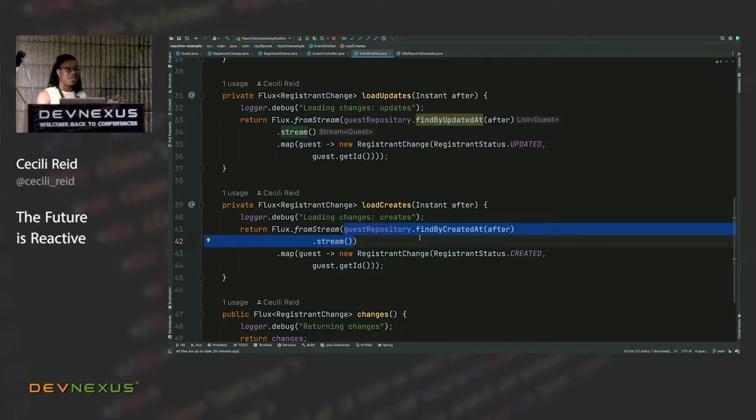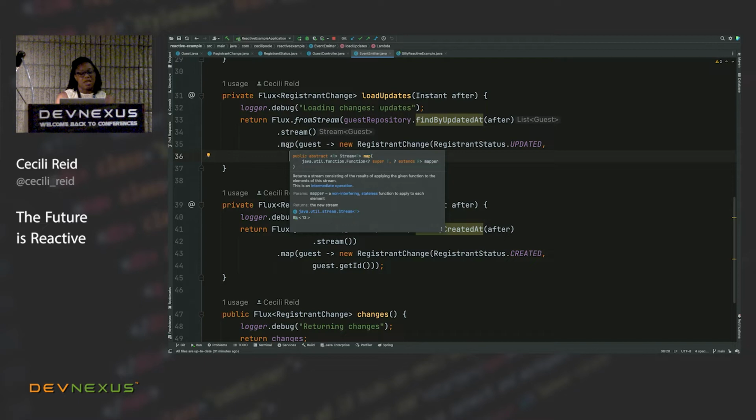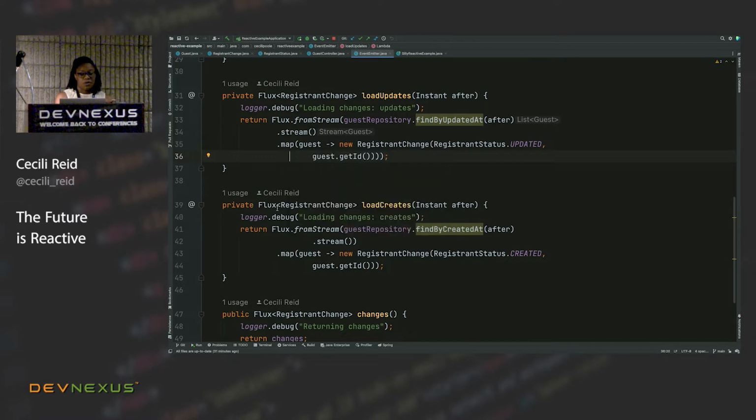The reason being, map is an overused word in the Java language. The Reactor Core has map, stream has map. So in my load updates, I am using the stream API with the map. With Reactor, I'm using the flux map operator.